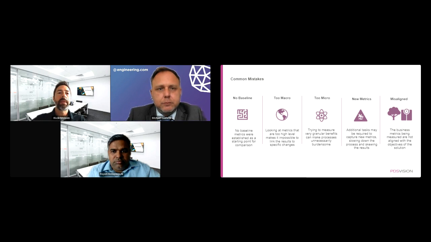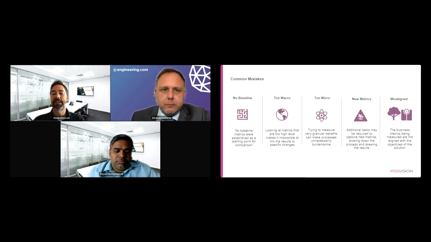So, some of the common mistakes are, first of all, not having a baseline. If we don't have an existing measurement of how long each of these processes took before we made this change, or how many change notices we typically went through on an average product, or how long it took us to get new products introduced to the market before the change, measuring it afterwards really doesn't allow us to see if we accomplished our goals. So we need that baseline as a comparison so we can see, okay, this is what it was like before, and this is what it's like after this change.